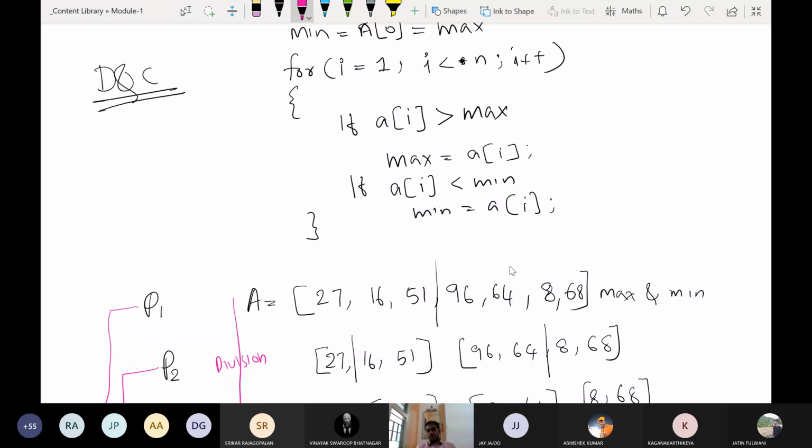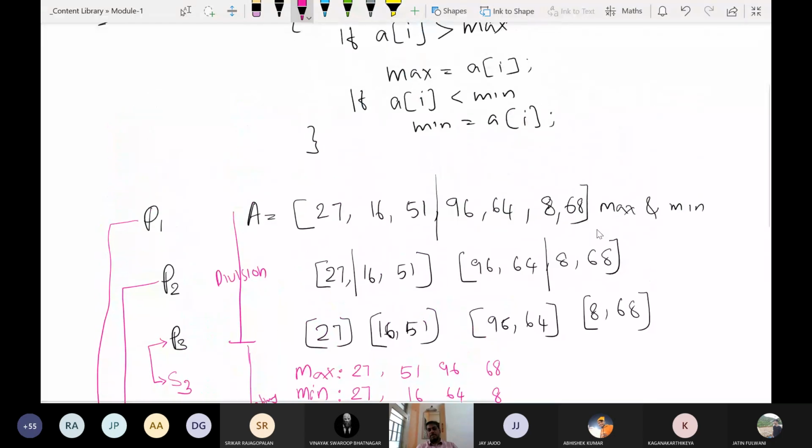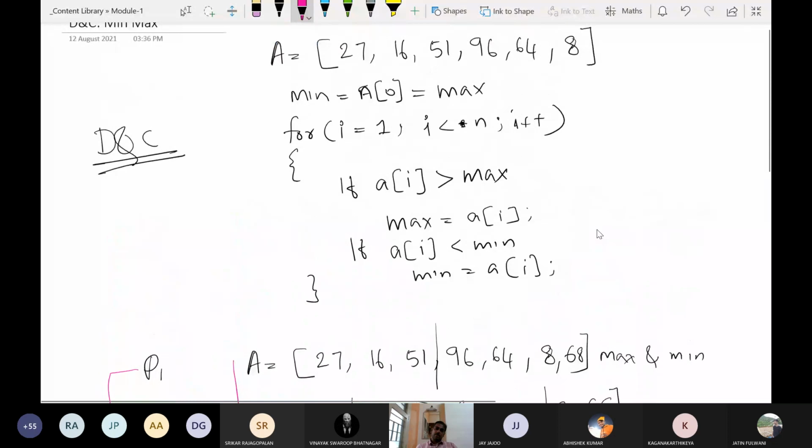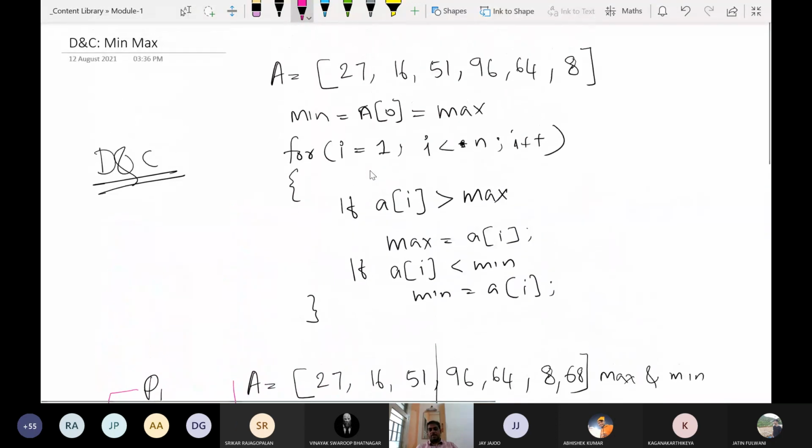No advantage means it's just another approach. That's it. Time complexity, the number of comparisons. If you count the number of comparisons in both the methods, the number of comparisons in the divide and conquer strategy will be less compared to the number of comparisons in this for loop. In this for loop, the number of comparisons will be more. But you cannot tell exactly what the number of comparisons is, because that depends on the input.